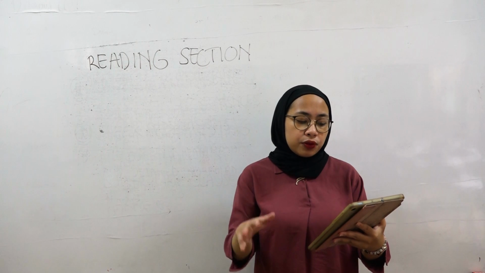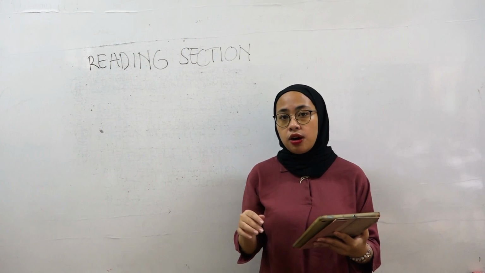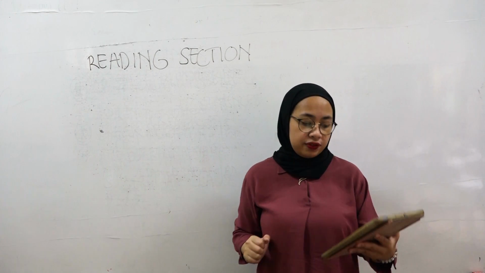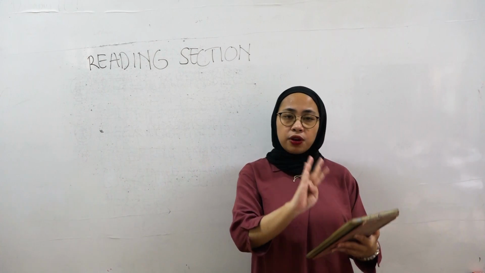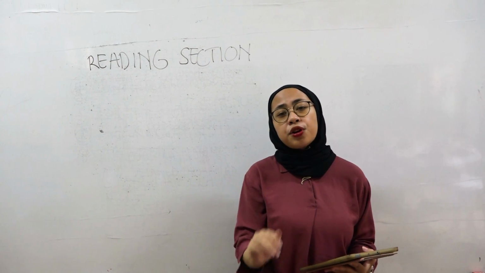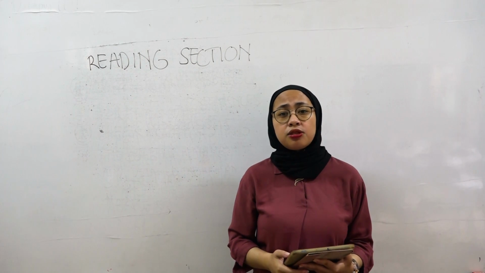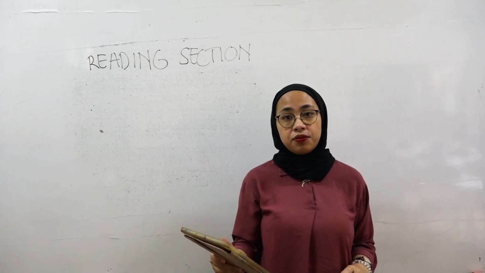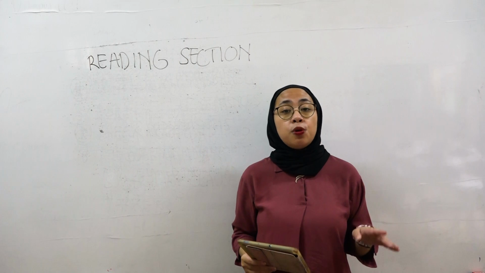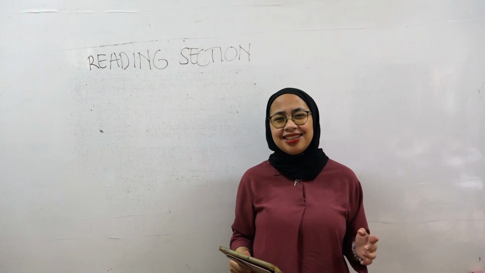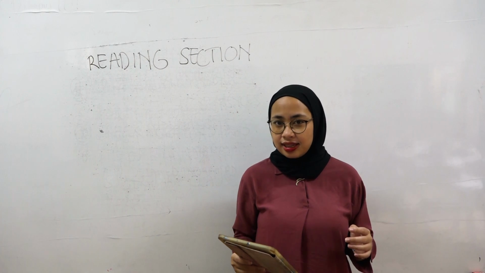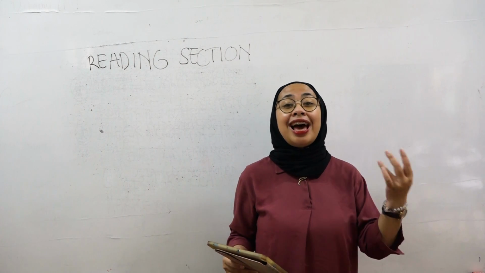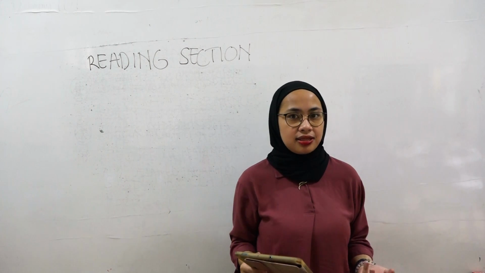The third one, you can read actively and concentrate on reading for information. So when you read actively, you actually look for information. Okay? And the fourth one, this is very important. Before you get down because of the long reading passage, you need to identify the types of questions before reading the passage. So if you already know the types of questions, you don't really need to read the whole passage. Just see what the question is looking for, and then you can read actively for the information that is being asked in the question.